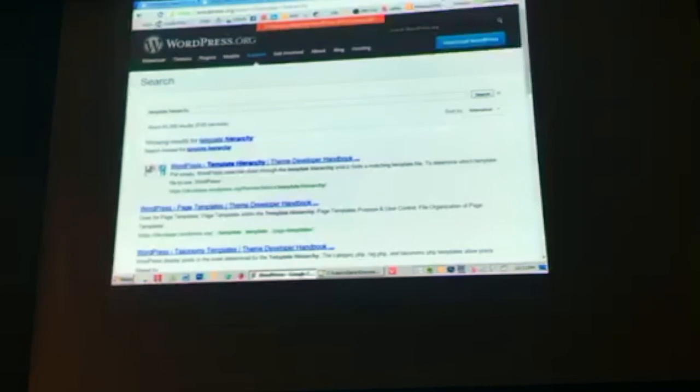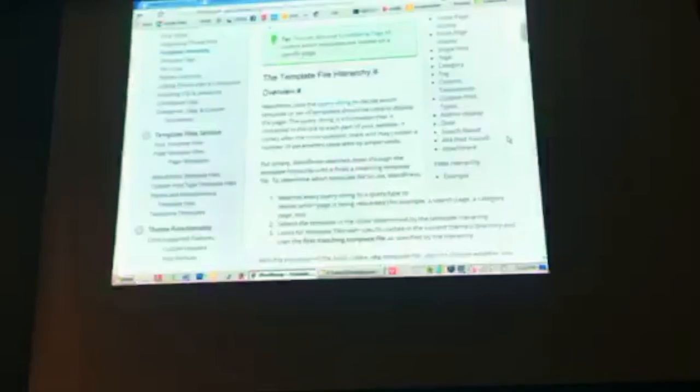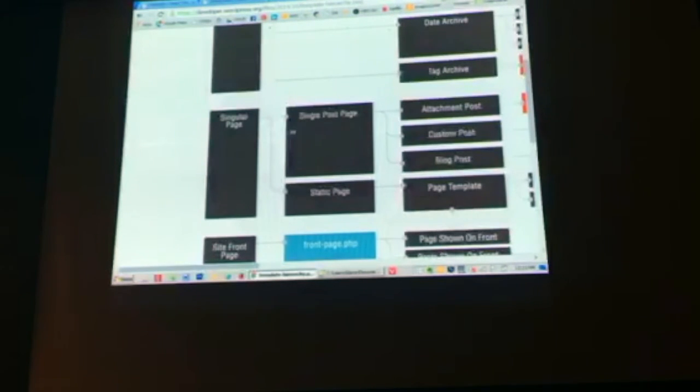I don't have this on a shortcut on my laptop, but I do at home. This should always be a shortcut, because one of the most useful parts of the Codex is this little chart right here. You familiar with it? It tells you what WordPress is looking for. Singular pages. Okay, let's see. A singular page, for a static page, it looks for